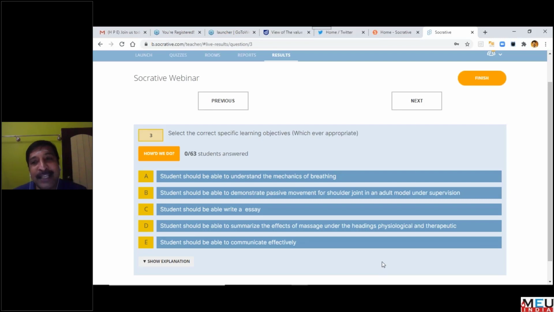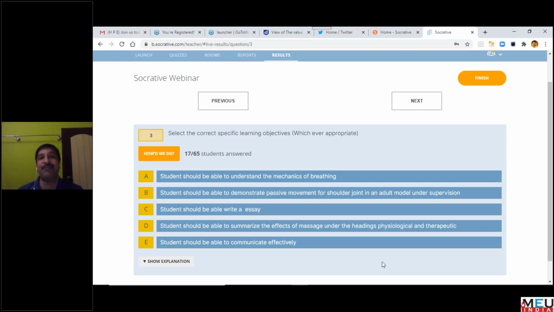Remember, you are joined in as a participant or a learner, or in the other way as a student. So this is how you will be able to control your students' answering, how they answer, you will be able to control remotely. You can have the quiz. You can post the scenarios. There are other options also in this.